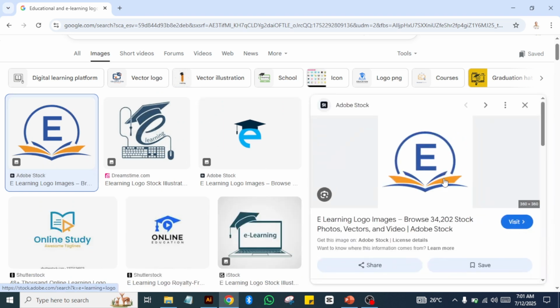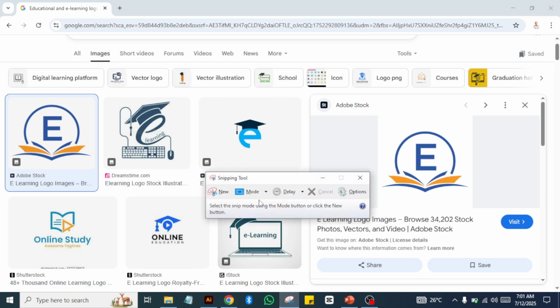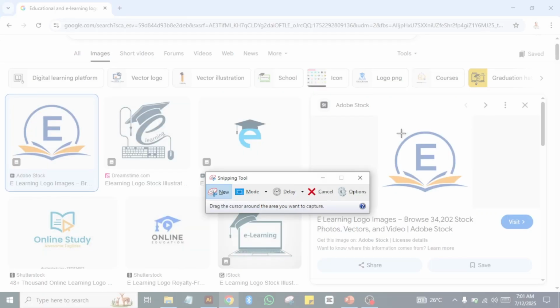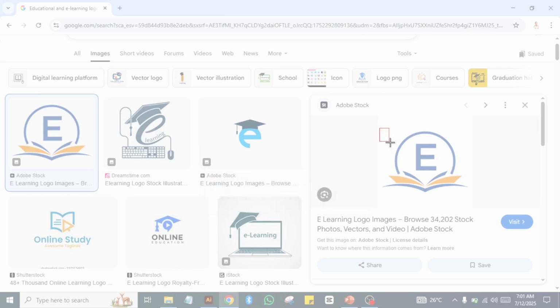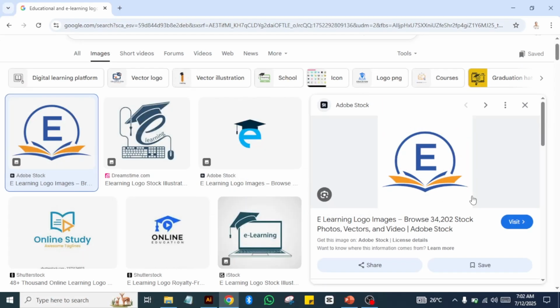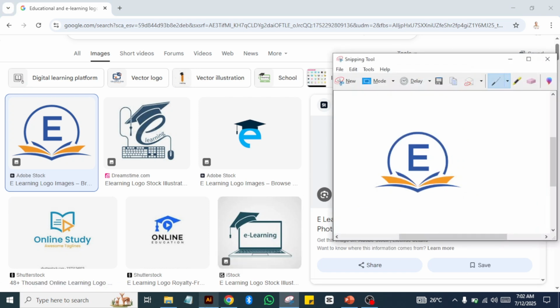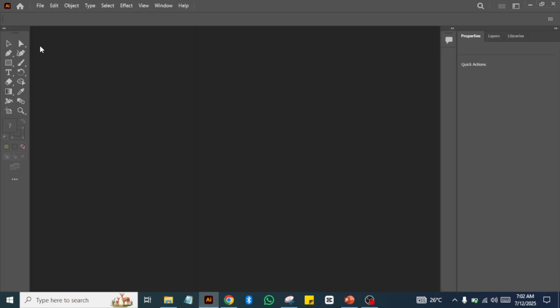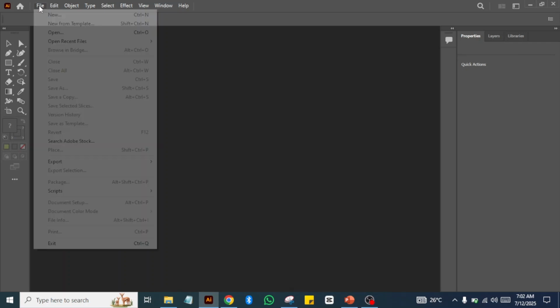it pops up like this, and you can actually take a screenshot. You can open something like the Snipping Tool in a computer and use a rectangular snip in order to draw. Click just New and draw. For example, I want to take this logo here. I'll do like this, like this. I have it there, and I will open my software, Adobe Illustrator, and then come here under File,